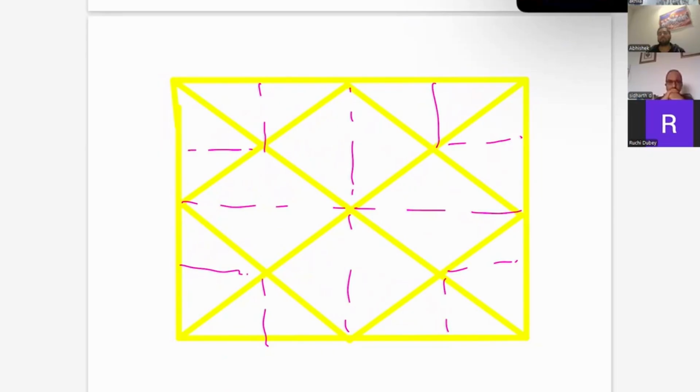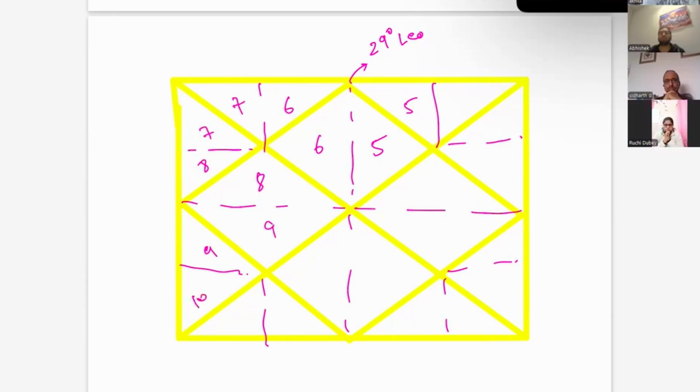So let's take another example, like Leo ended here and Virgo starts from here. So this is somewhere 29 degrees Leo. Okay, so it came like this. So Leo is almost finished. The houses go 6 here, 7 here, 8 here, 9, 10, 11, 12, 1, 2, 3, 4 here. It is like this. It is 29 degrees of Leo, so it is almost finished.